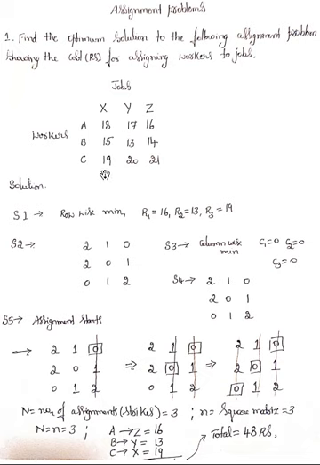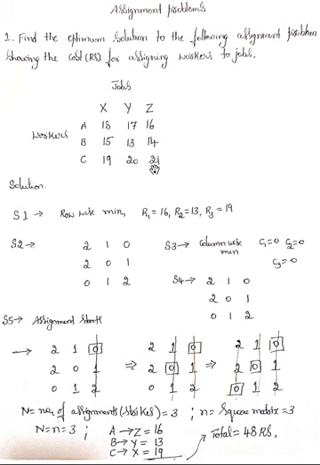That means it has to be a 3 cross 3, 4 cross 4 or 5 cross 5 matrix in assignment problems. The next step is to identify the smallest element in each row, as well as the smallest element in each column. In this particular problem, the cost matrix is already available and its size is 3 cross 3. So it is a balanced square matrix, and there is no need to introduce any dummy row or dummy column.